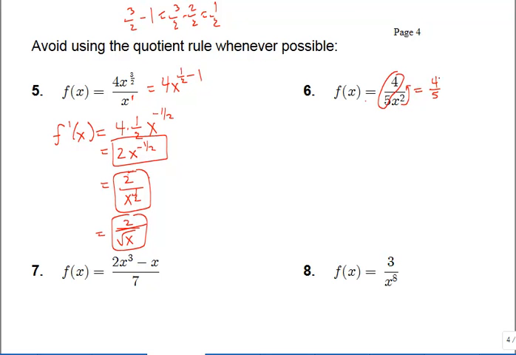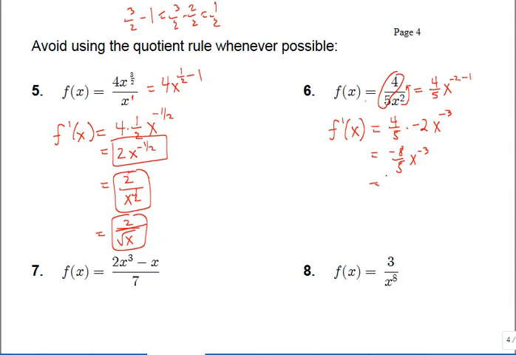So an x squared in the denominator is really an x to the negative 2 in the numerator. So we've changed this into just a power rule again. So using my rules, the 4/5 will stay there because it's a constant multiplier, and the derivative of x to the negative 2, we bring down the negative 2, and when I subtract 1 from the power, it becomes a minus 3. Simplifying, 4/5 times negative 2 is negative 8/5,